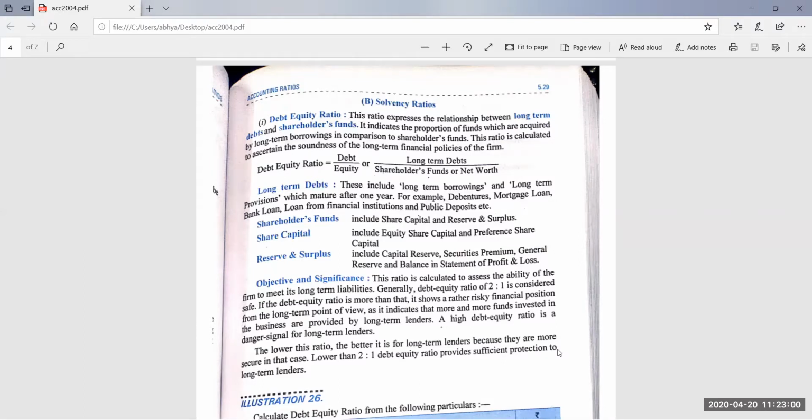Liquidity ratio. Why? Because the creditors have to take back their money from the business in a short period, maximum 3 months credit is allowed to the debtors. So any person who has to take back his money from the business within a short period will be calculating the liquidity ratio. They must be interested in the liquidity position of the business.